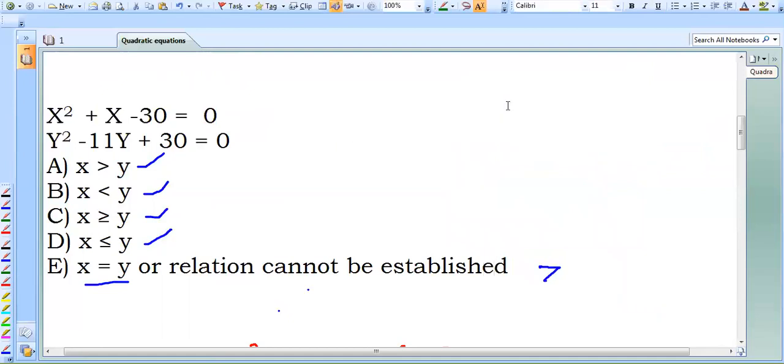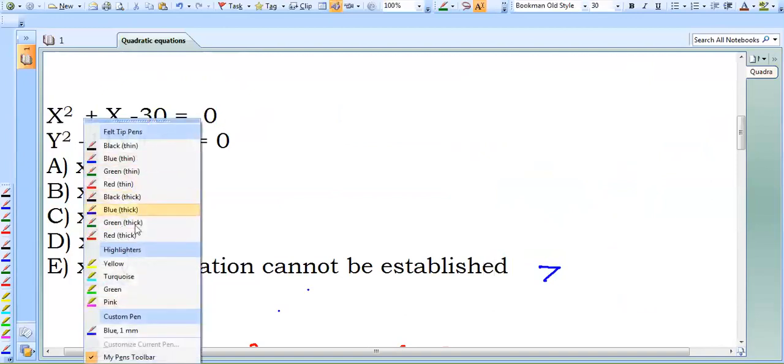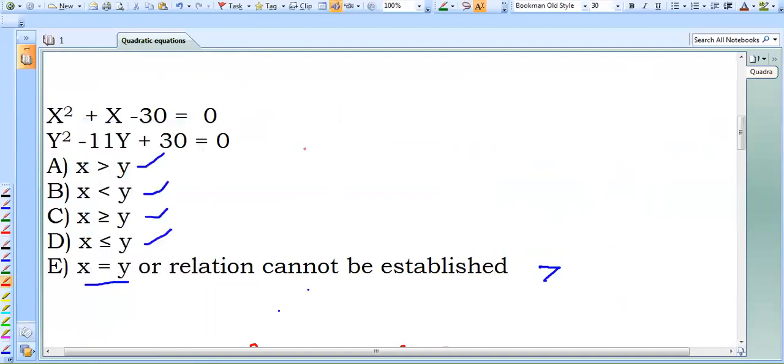What is the answer for this question? Very easily you can find out because I told you the points. Minus 30, that is 5 and 6. Constant is minus, then you have to subtract. By subtracting, you are getting 1. But you require plus 1. That is minus 5 plus 6. That is, x value is plus 5 minus 6.